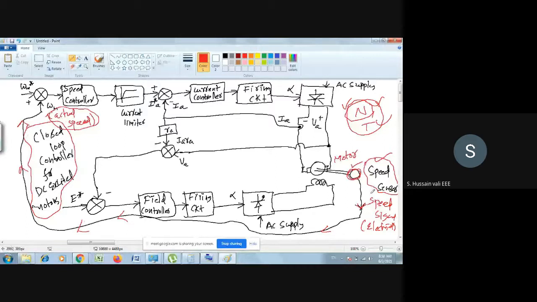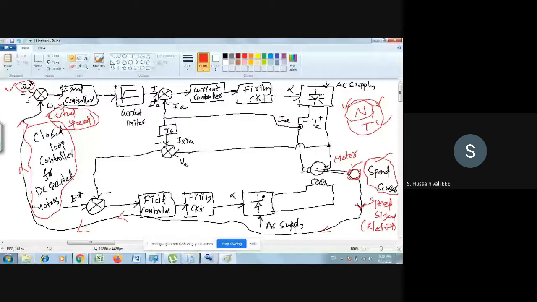Set speed is the same as with a fan: you set the speed of the fan from the fan regulator. You set it to 4, or 3, or 5. That you set here. Now, the set speed and the actual speed are both electrical signals, so both signals will be compared using this error detector, and an error will be generated here.